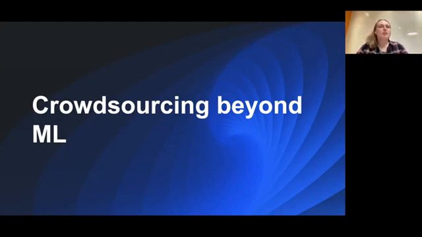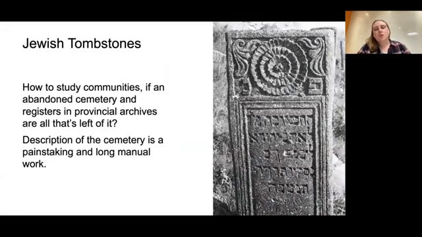So this use case has nothing to do with any algorithm or anything like that. It's about Jewish tombstones. You know that during the Second World War in Europe, there was a terrible tragedy for Jews, and the whole Jewish community was destroyed in Europe. And now there is a group of scientists who are trying to restore information about these communities, about these villages and settlements. And one of the ways to do this, when there are no people who survived in some regions,